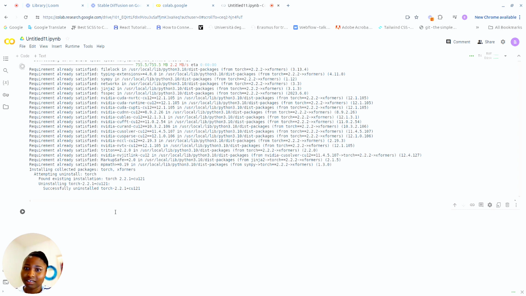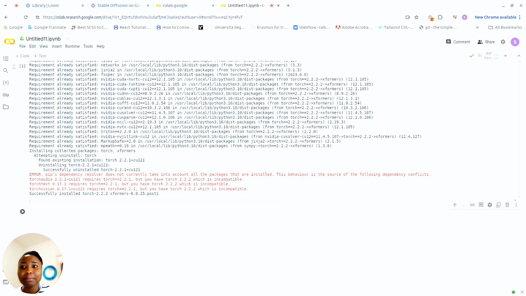Okay. So, saving. Oh, nice. So this is done, and the next thing we're going to do is import what we need. Import. I don't need transformers here. Import diffusers from. Oh, why am I